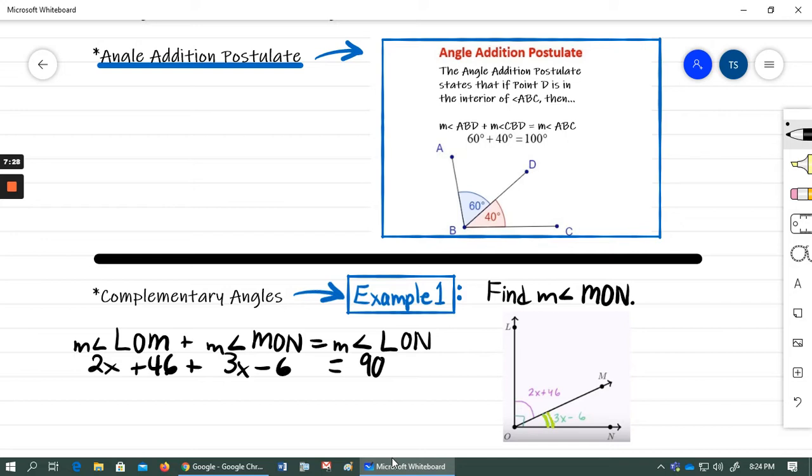All right, so let's combine our like terms, the 2x and the 3x. That gives us 5x. I'm just going to go ahead and write that out. The 46 and the negative 6 give us 40. So that is 5x plus 40, if you combine the like terms on the left side of this equation, and it's still equal to 90. Then guys, if we subtract 40 from both sides,